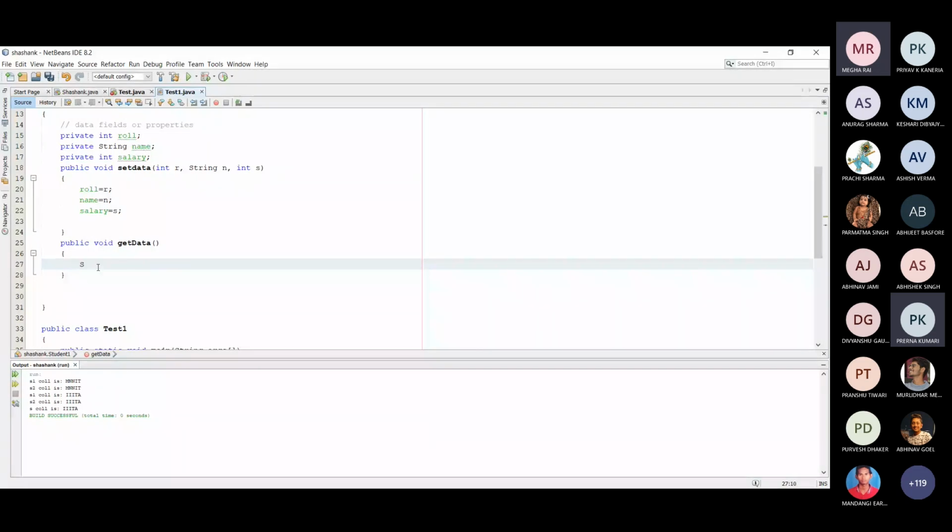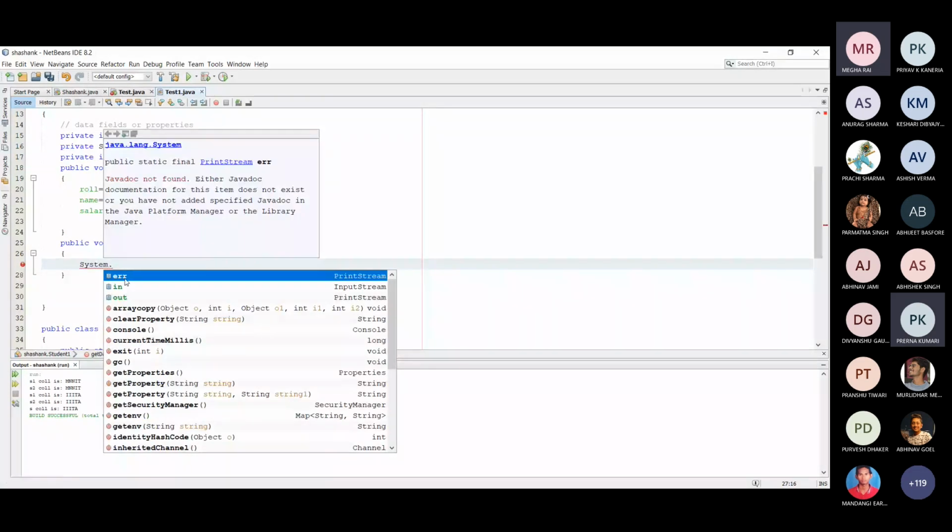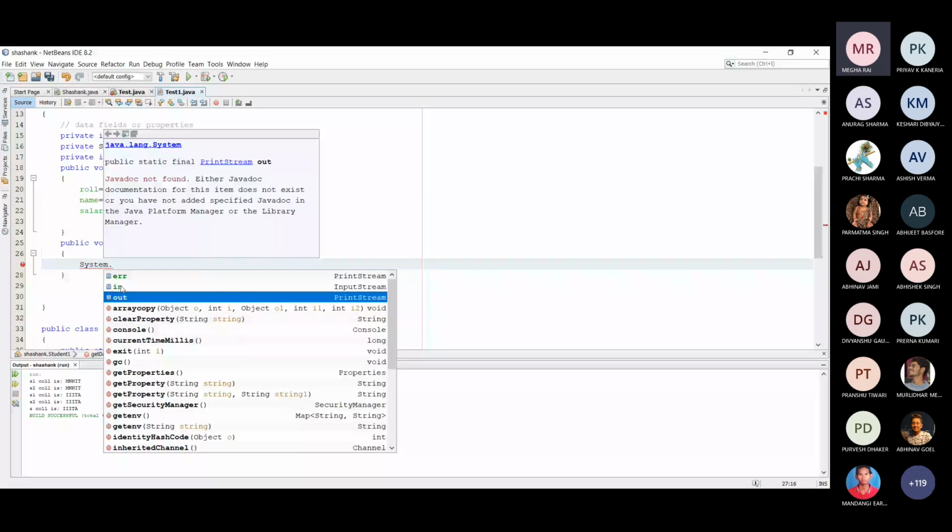System is a class, and here you can see that there are three variables: err, in and out. When I put the cursor here, you can see what in is.